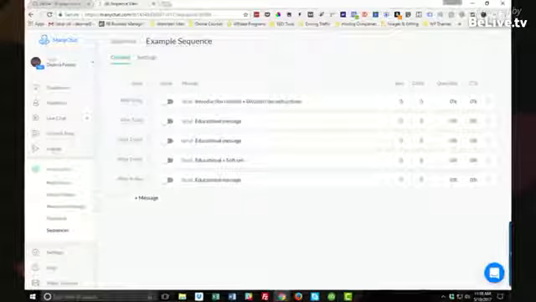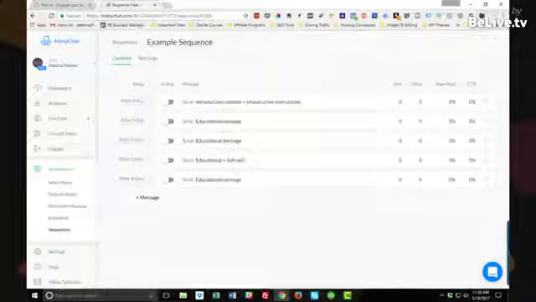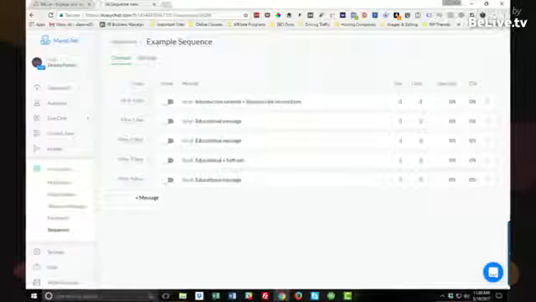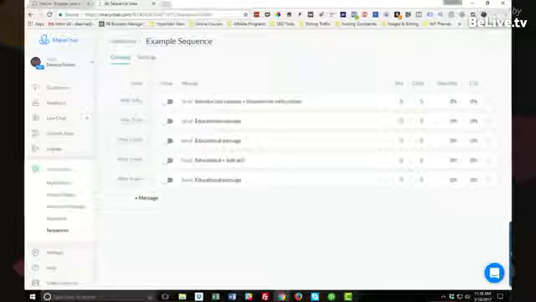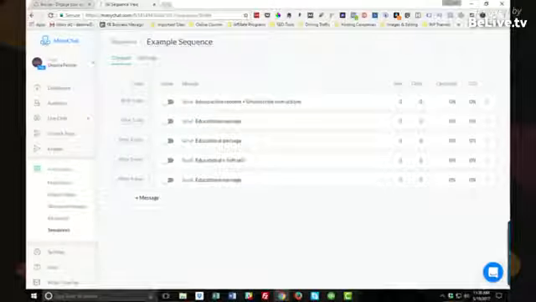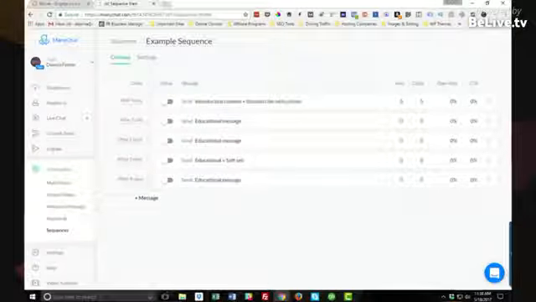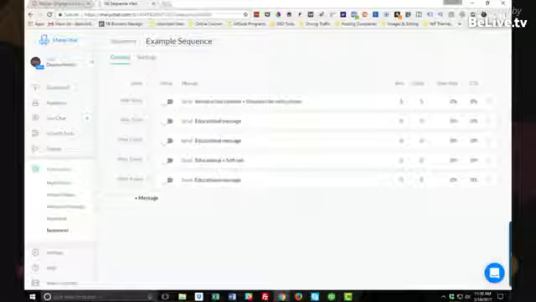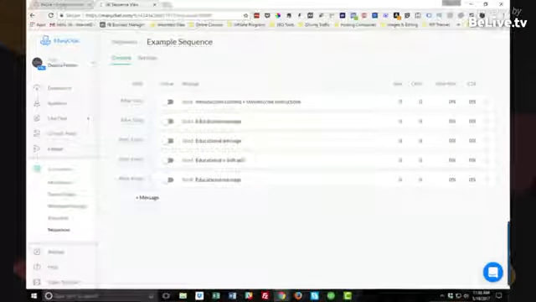Okay, here we go. So this is an example of a sequence. The first thing that goes out is basically requesting permission to continue to communicate with you. That's extremely important. And as Colleen pointed out, she's probably been contacted by people trying to sell to her using Messenger that have not gained permission to contact her in a sales capacity. So this uses the same permission-based focus that email marketing operates under.